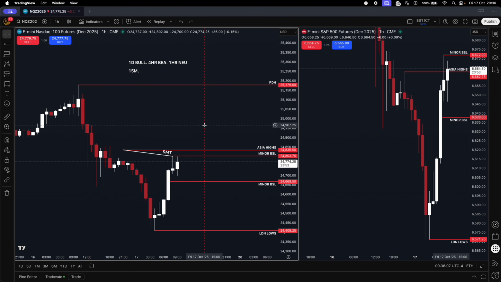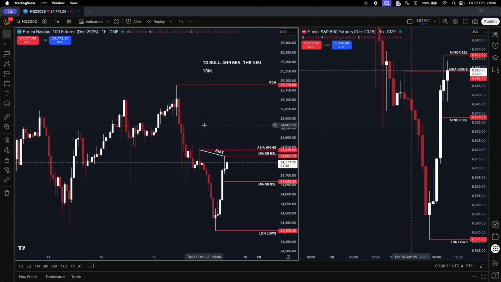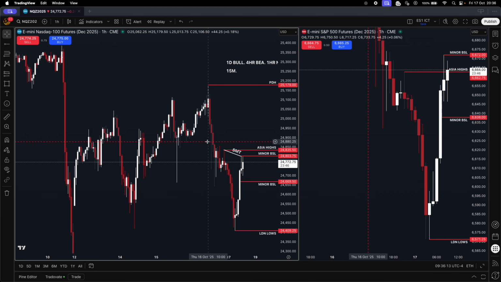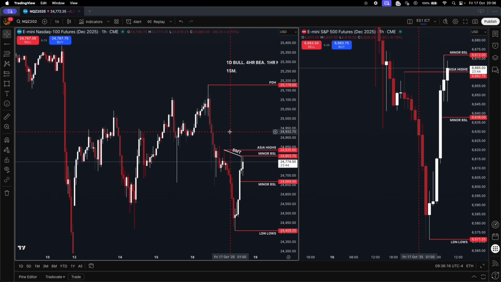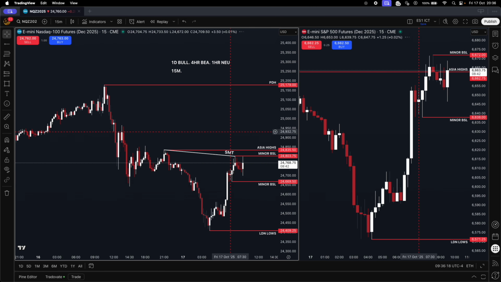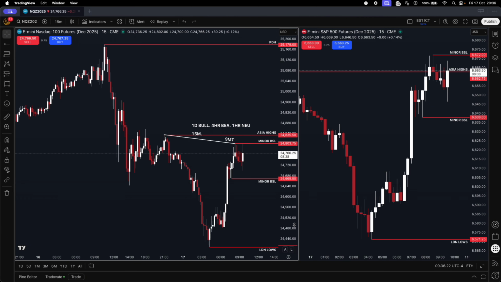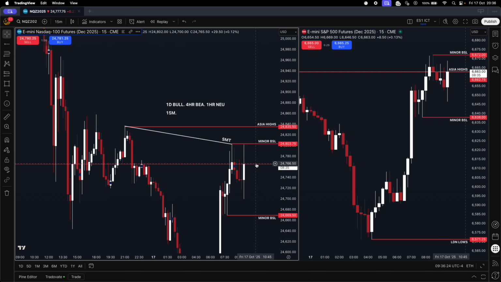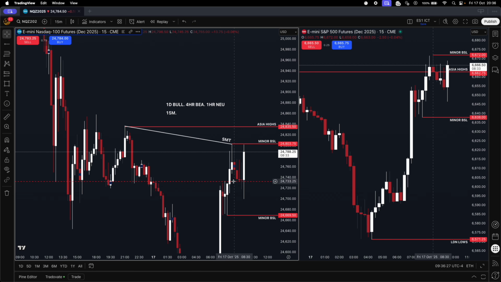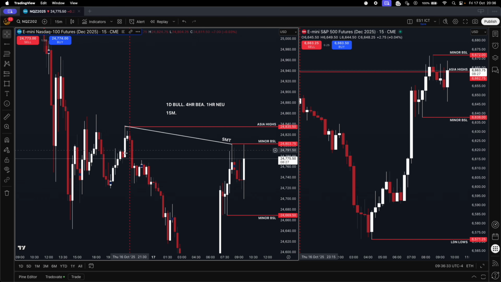So now we can look at the 15-minute. Okay, so the 15-minute time frame as of now is bearish. So we was trading out of a bullish 15-minute, draws higher towards the next bearish gap or high, and we're currently trading out of the bearish fair value gap, which you can see there.